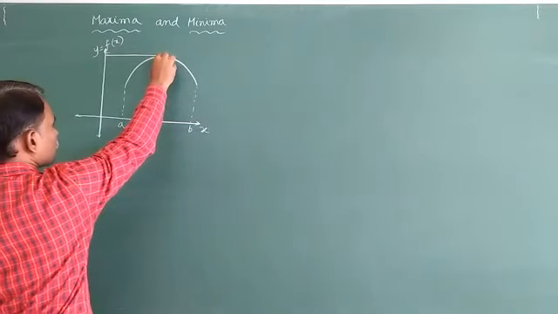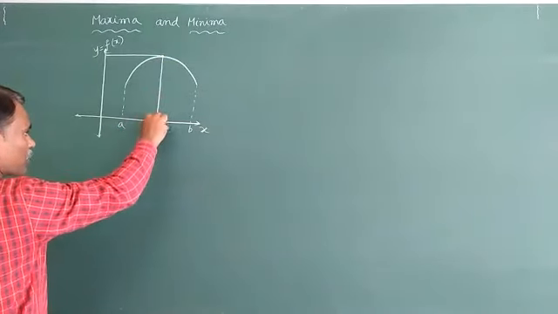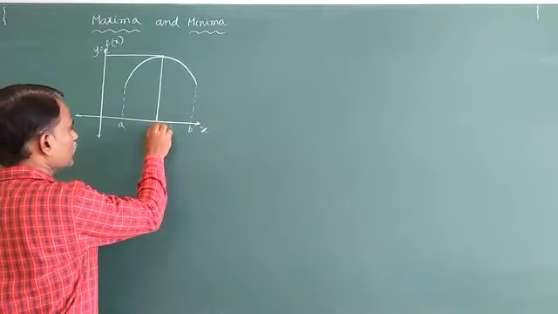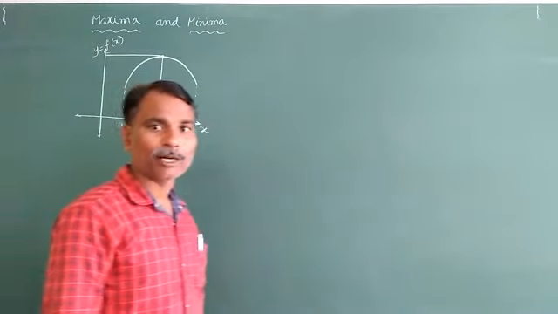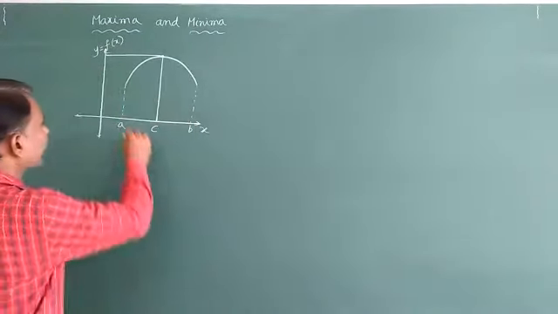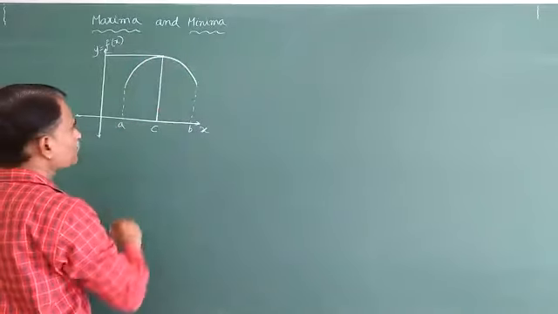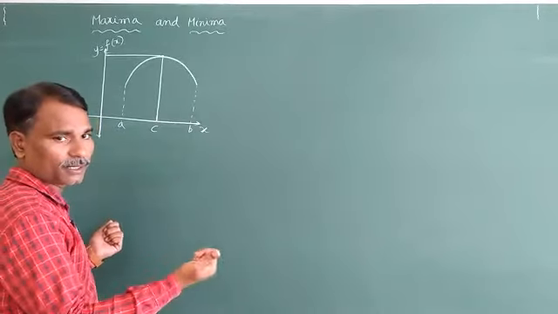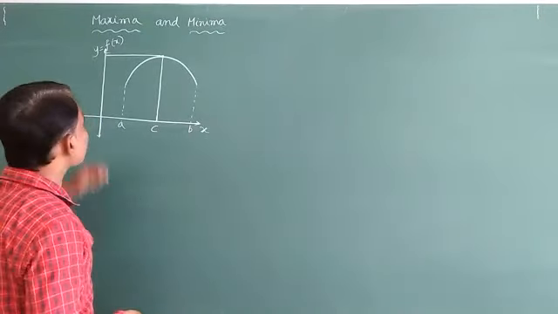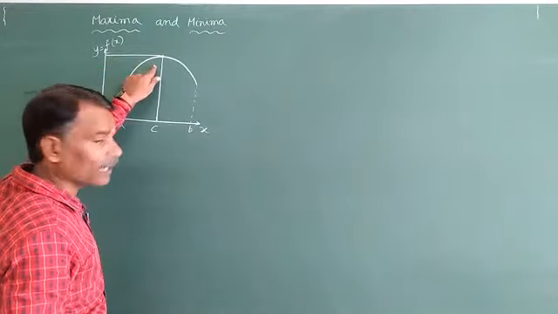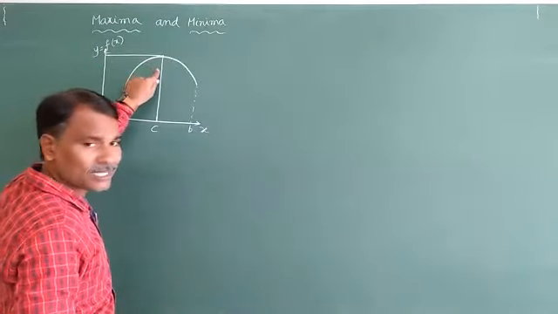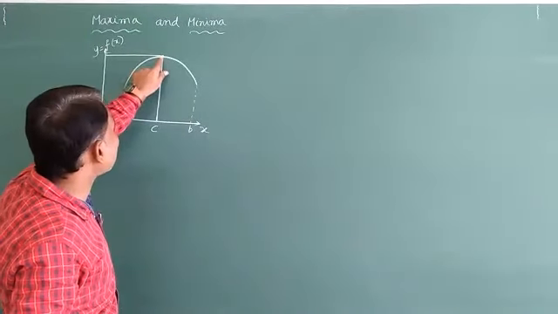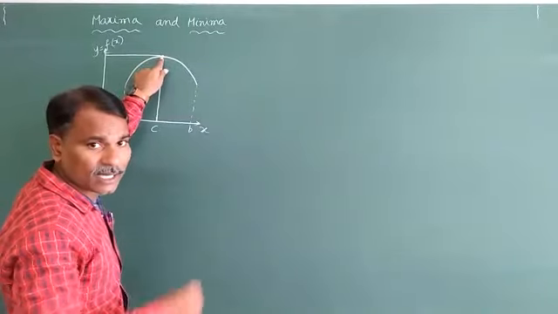From there, just take a projection, perpendicular to the x-axis. That point should be considered as c. I consider the limits a comma b, that means initial and terminal. And what I did is draw a tangent to this curve which is parallel to the x-axis. Where it meets the curve, that point is the peak point.